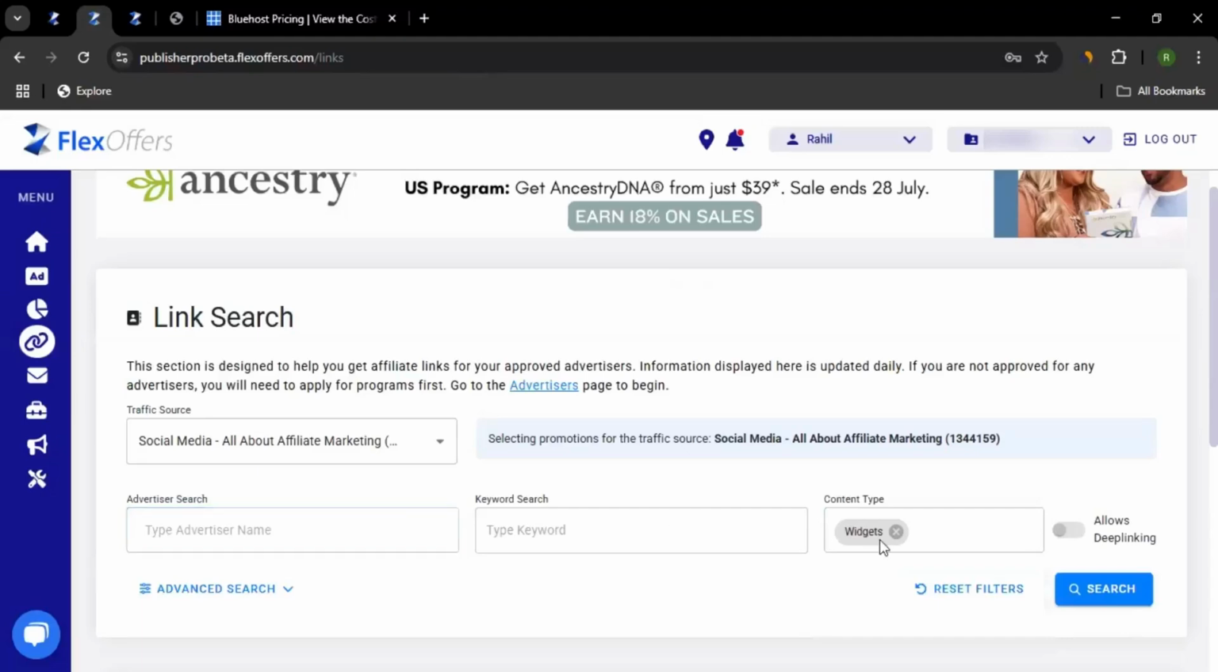So most of the time you will either see banner links or text links, and people usually use banner links. They only use text links if it's for promotions or something. All right, then what about the product links? Let's say you don't want to promote banners, you don't want to promote text links, but rather you want to